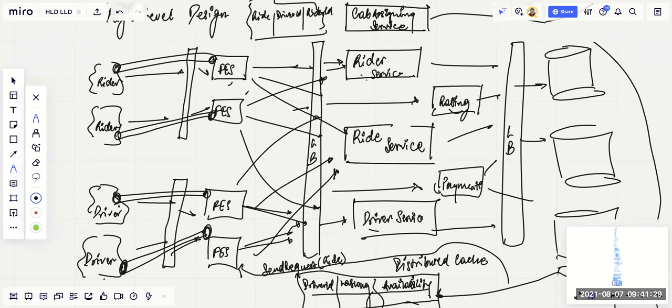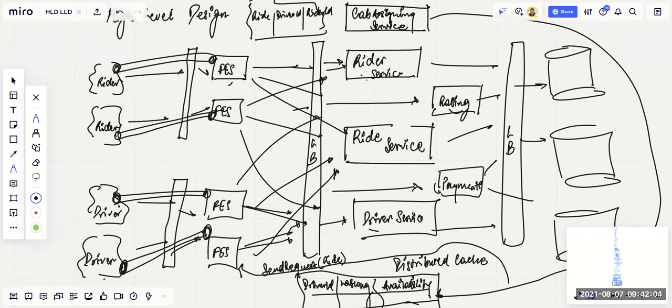In the ride service, so basically front end service will talk to these services, right? So we have listed down the APIs which will be at the front end service layer. Now in the ride service, you will have book ride, cancel ride. These are simple HTTP calls after that. Here only we have the WebSocket connections. Is that clear to everyone? So generally when we write the API, we list down all the APIs, these are the APIs which we are listing down. If you want, you can list down these APIs as well, but more or less they'll remain the same. It's just that now you're distributing these APIs to specific backend services.